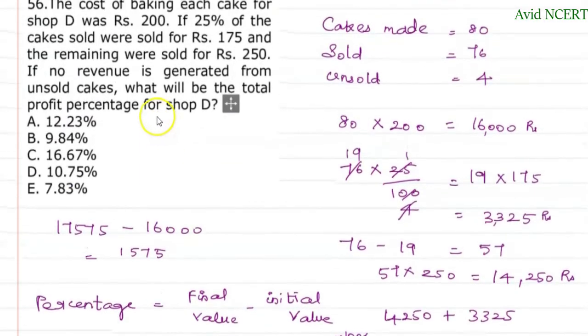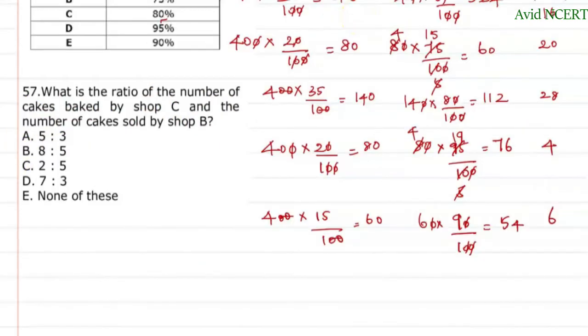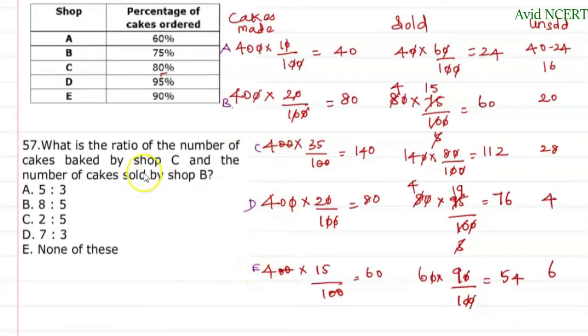So the total profit percentage for shop D is 9.84. 57th problem from SBI PO 2020 question paper. What is the ratio of number of cakes baked by shop C and the number of cakes sold by shop B? So the number of cakes baked by shop C, that is made by shop C, is 140